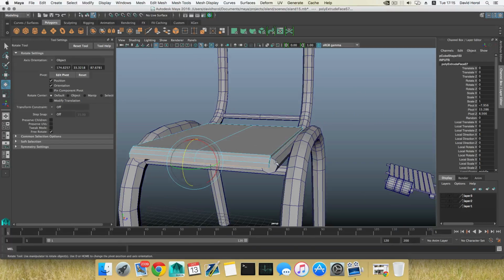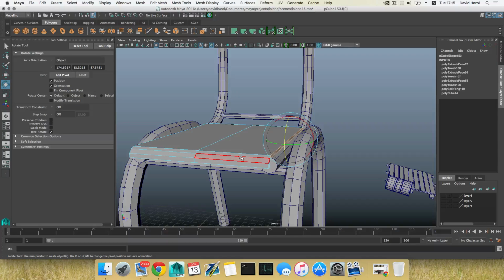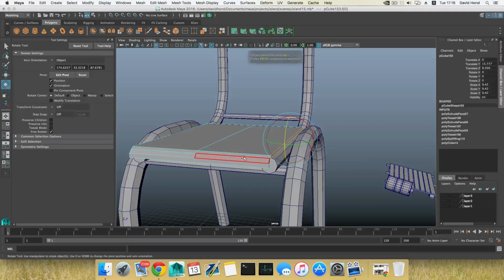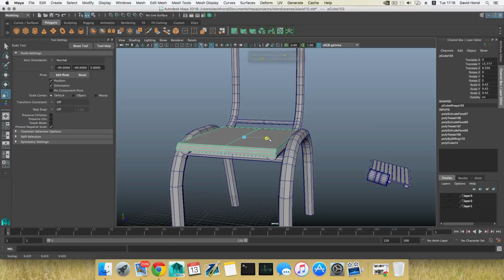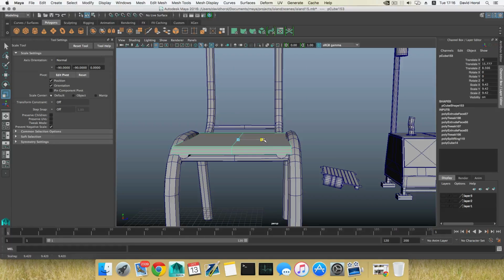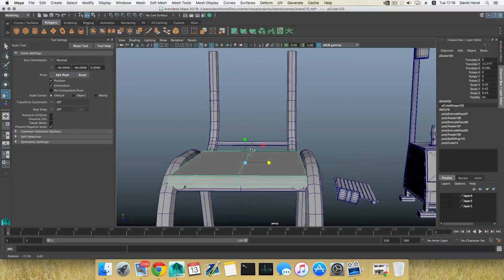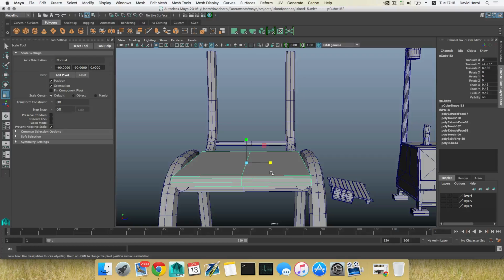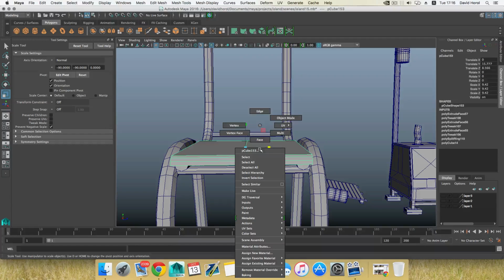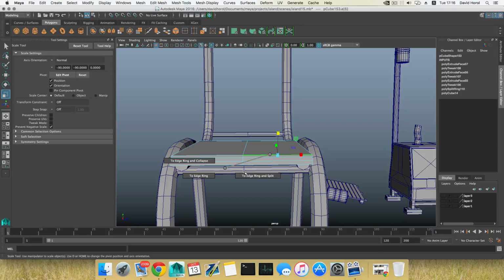Okay, now I'm gonna press F8, bring it back to object mode, switch to the scale tool, try to stretch it a little bit like so. Control D. No, well, wait 1 second. I'm gonna right click, choose edge, grab this edge, control right click, edge ring utilities to edge ring and split, and do the same here. You can press G, of course, grab these two, scale tool to stretch them that way. Okay,